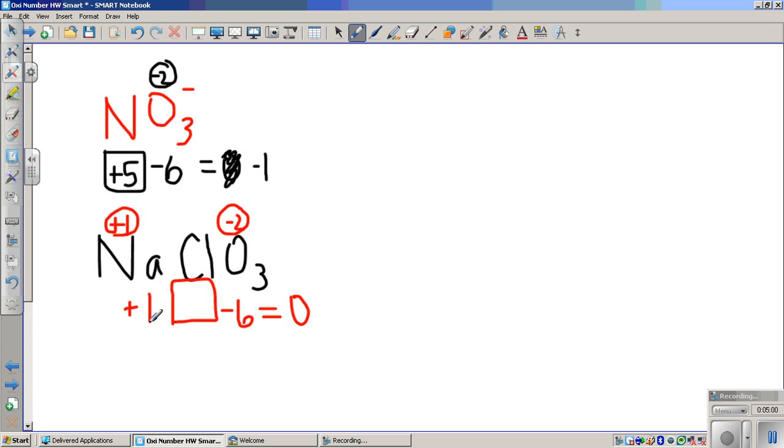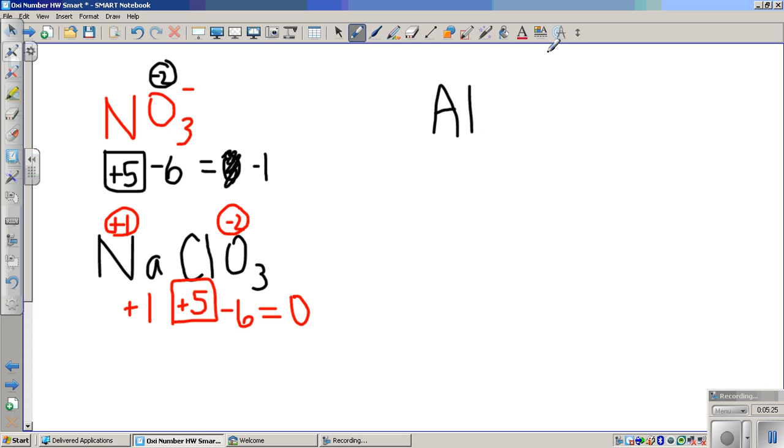So plus 1 plus something minus 6 equals 0. So chlorine has a positive 5 as its oxidation number. So you're trying to find one in your problem set that has a positive 5. Again, you are going to have to just go through and do the work on this. Our answer, we'll go through the one that is the correct answer just so you can see it, is C,